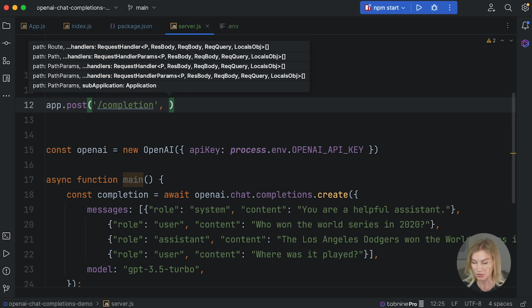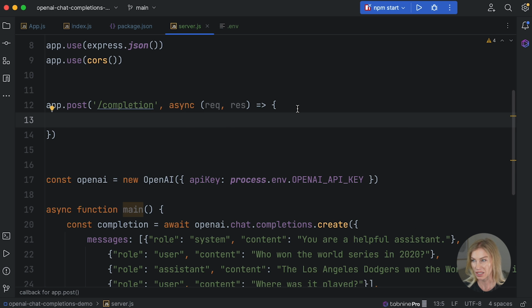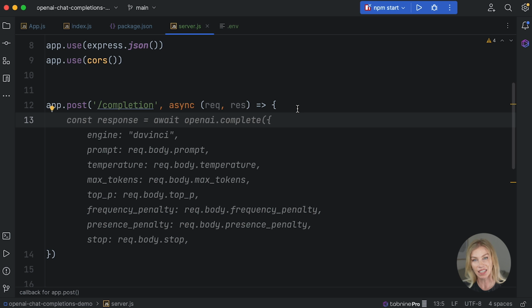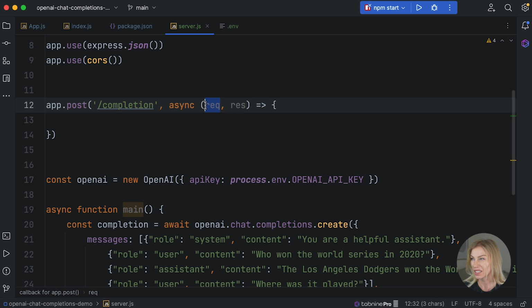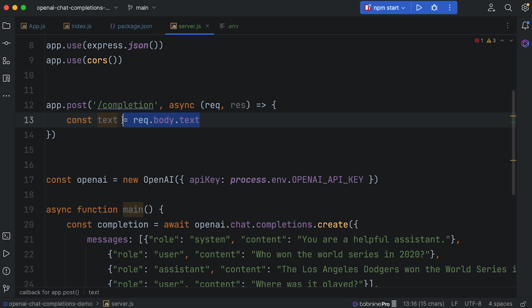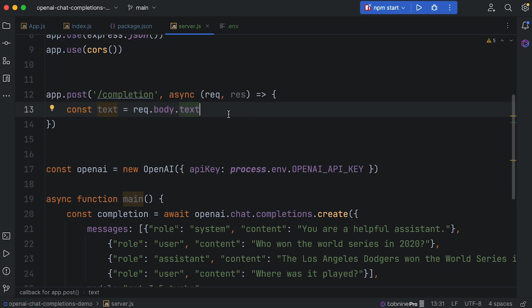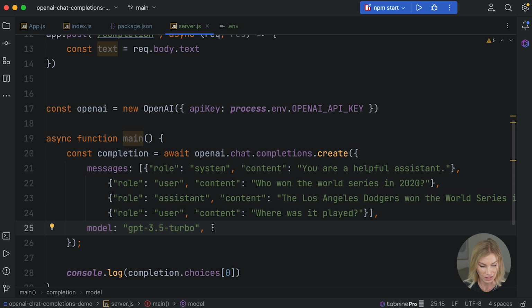Okay. And there's going to be an async function that has a request and a response. And we're essentially going to send text with the body of the request. So this is going to be with the request, like I said. So maybe let's get the text from there, from the request body text. So I'm going to show you this in a bit. And then all I'm really going to do is get all of this,